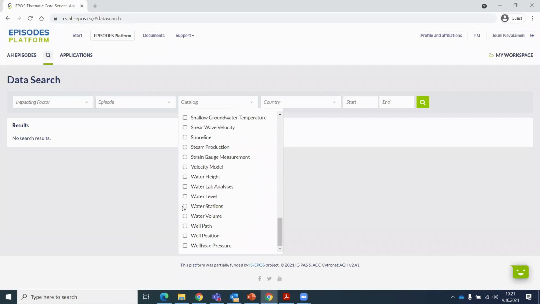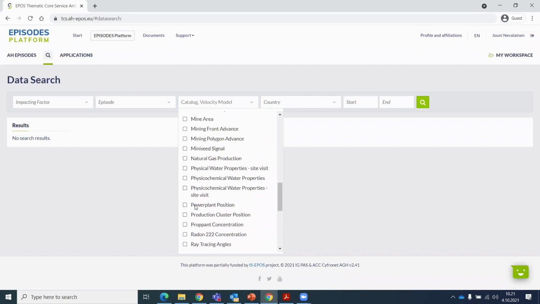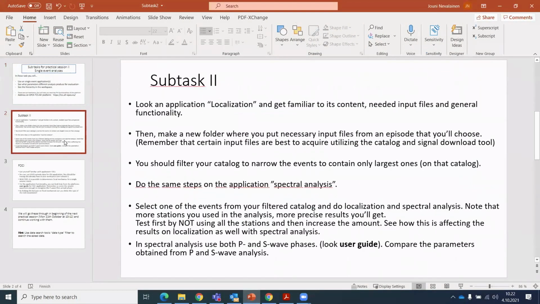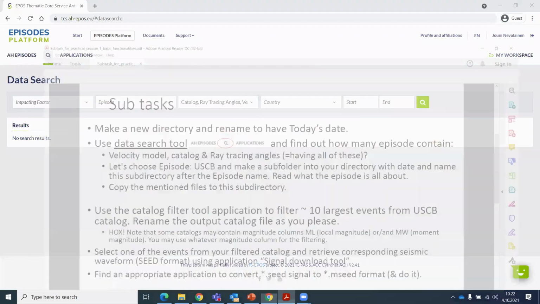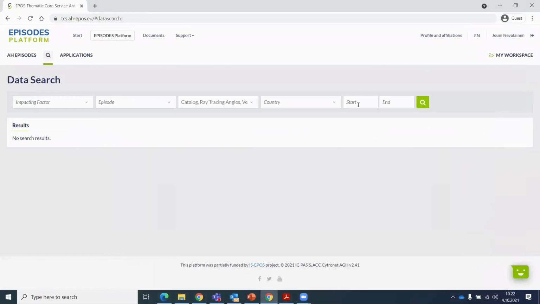I think it was velocity model, and it was ray tracing angles. Those three. I will just double check that. No, that's already next week's assignment, and yes, those three. So then we just search,